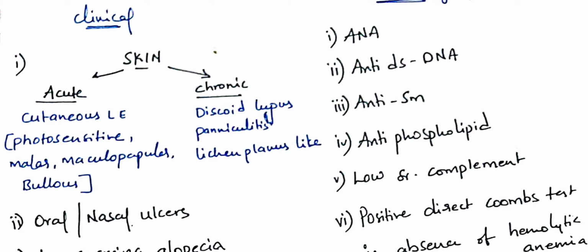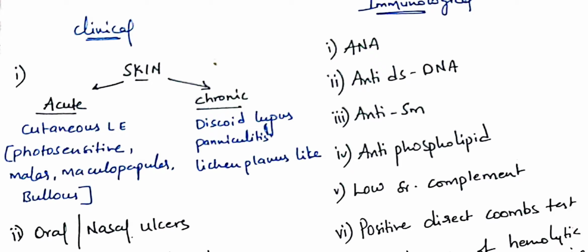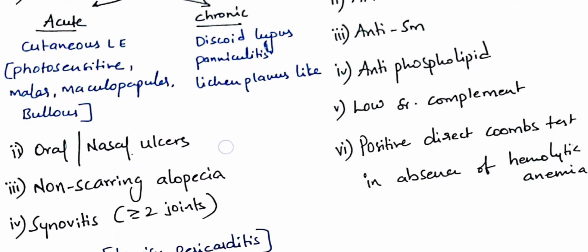In acute cutaneous lupus erythematosus, the patient will be photosensitive, will have a malar or butterfly rash, or the rash may be maculopapular, and bullous lesions may be present. In chronic, discoid lupus erythematosus is seen, whereas panniculitis and lichen planus-like lesions may also be seen. This is one criterion in clinical, and the second one is